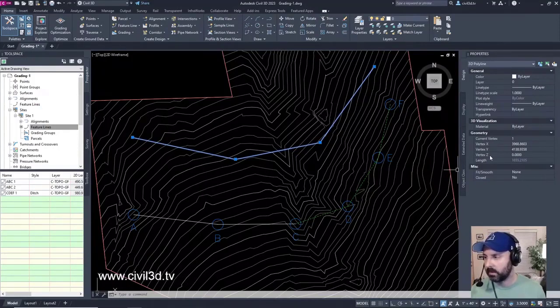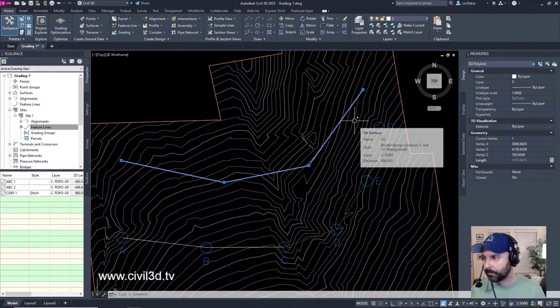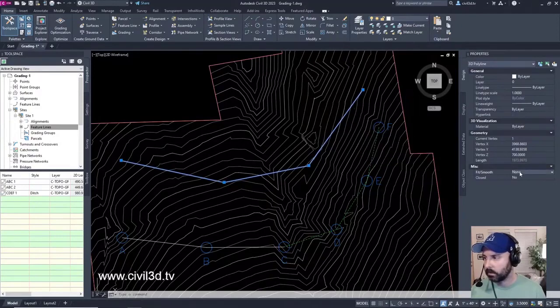I mean, I can specify a vertex elevation of, I don't know, 700. Is that for the entire thing? I can smooth it out. Fit smooth. What does that do? That smooths it out. Cubic.